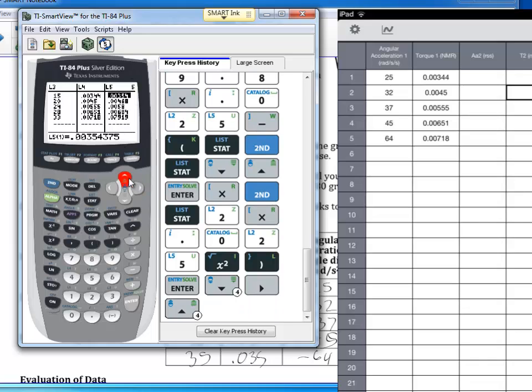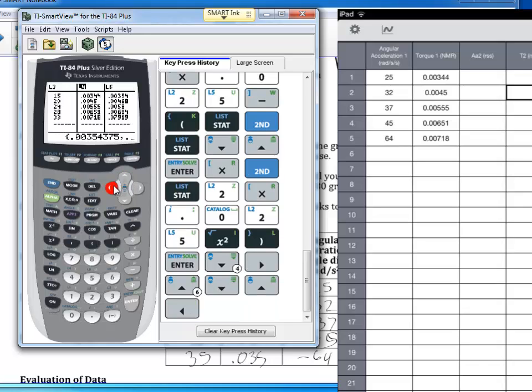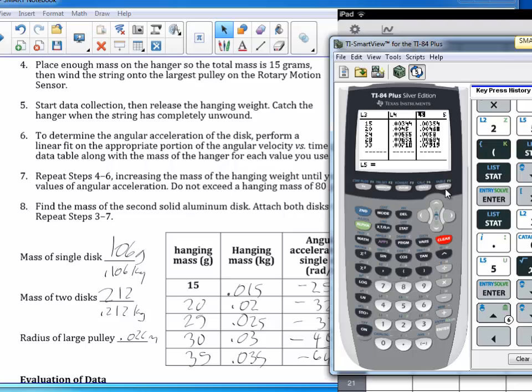I think I already put in that equation, and it's just like the one from before, only you use your L2 value or your L3 values instead of your L1 values. Okay, but I'll clear that out and show you one more time how we do that, right? So in L4, or I guess L5, I want this to be equal to